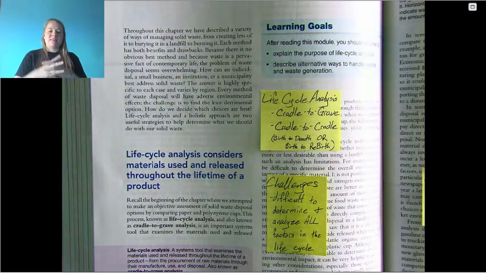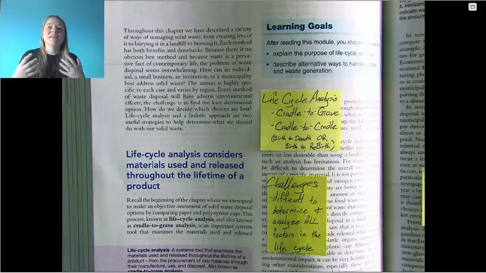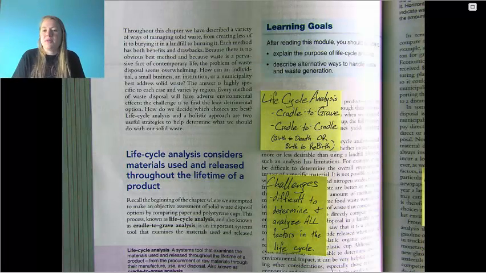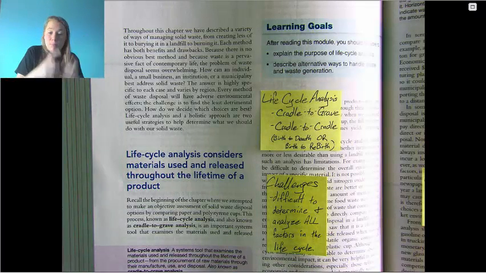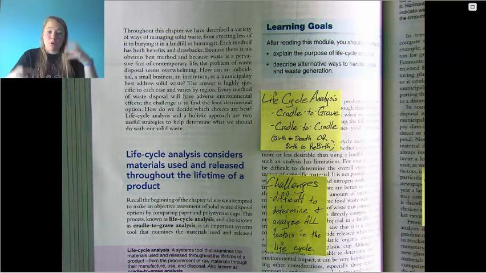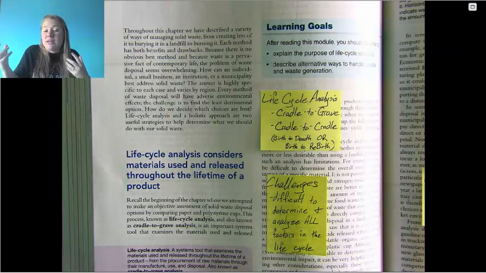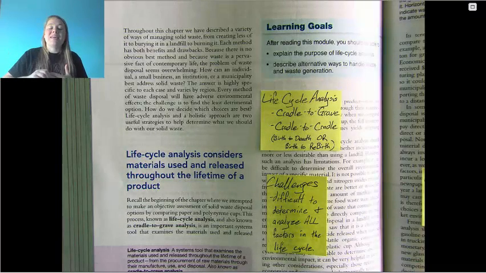Life cycle analysis is a very holistic way of looking at a particular product and looking at its life cycle, so to speak, from the cradle, so the time it was initially created, all the way to the grave. So this is looking at how are the components of that particular product produced, what are the raw materials, and what are the steps that happened in the production of that particular item. Are there any waste products produced during the everyday use? And then the grave. So when it is finally done with its normal lifespan, its predicted usability, what happens to